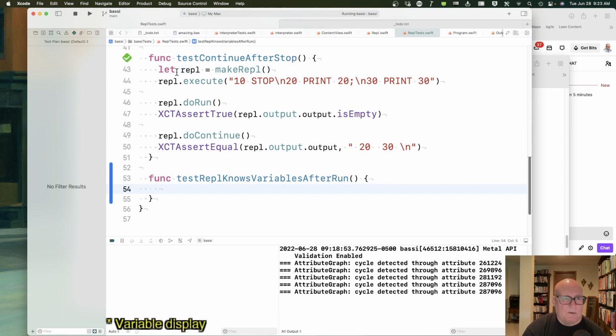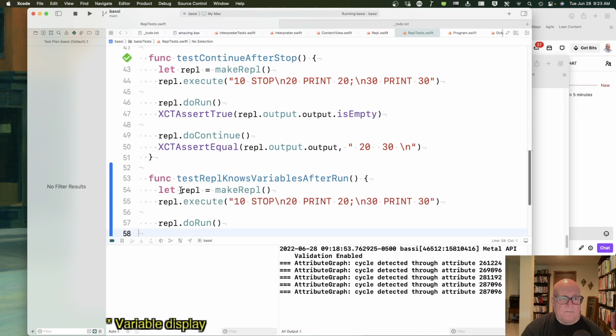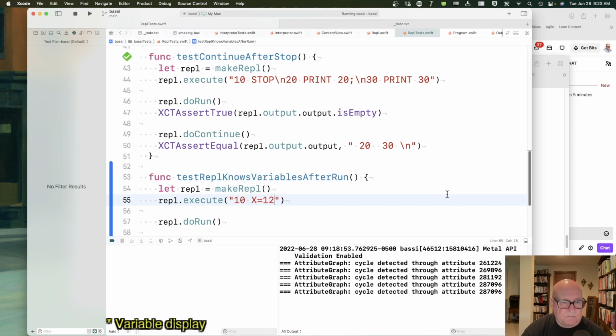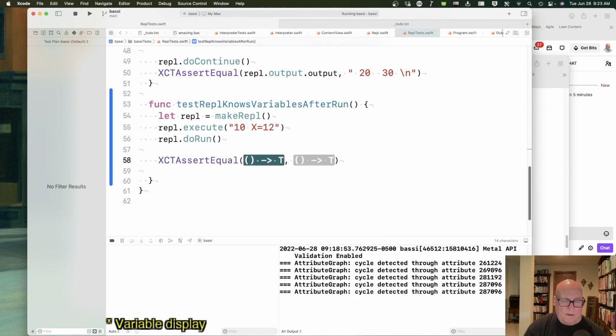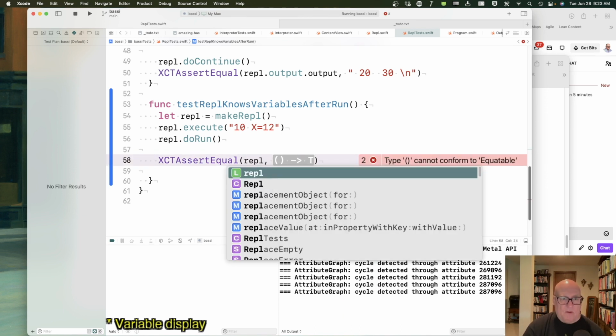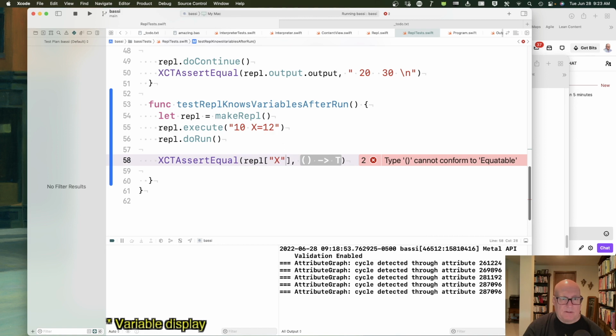So let's make a REPL. This is all kind of getting there. Okay, we'll make a REPL. We'll put in 10, x equals 12. We'll do a do run. And then we expect to say, REPL sub x equals,